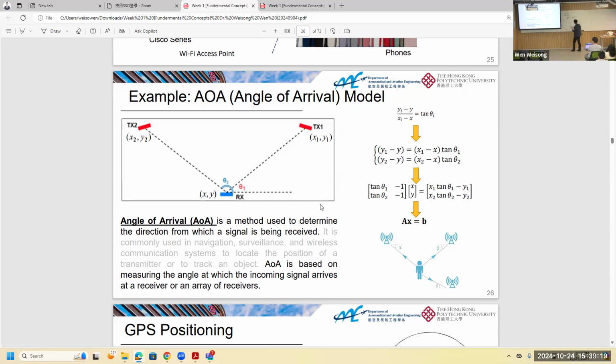Typically you want to estimate the position x, y. Based on these basic physical models, you first get the measurement equation from the data: theta 1 should be equal to